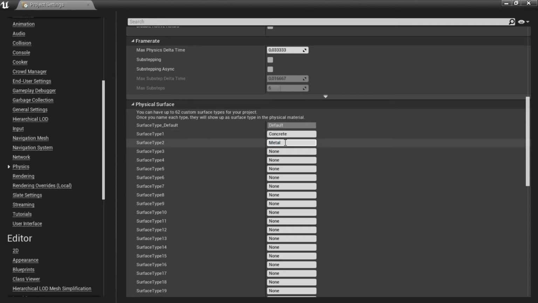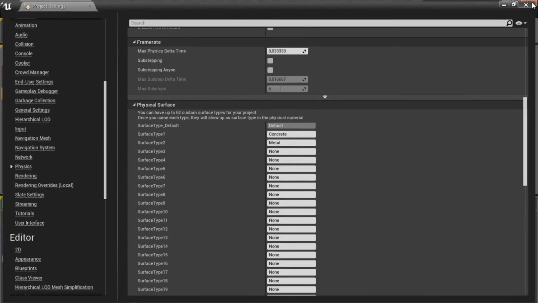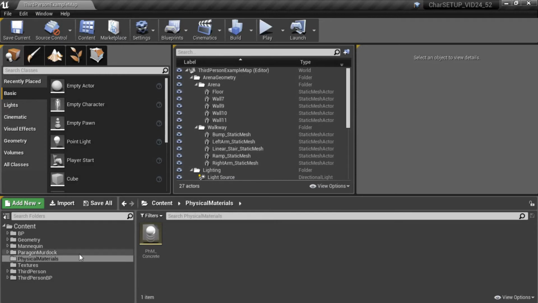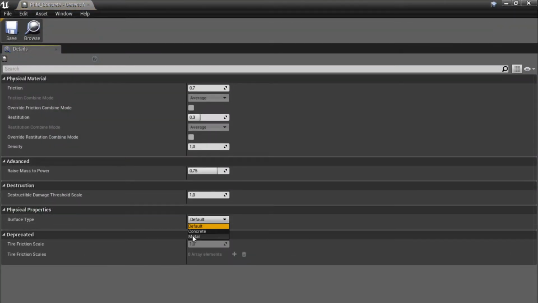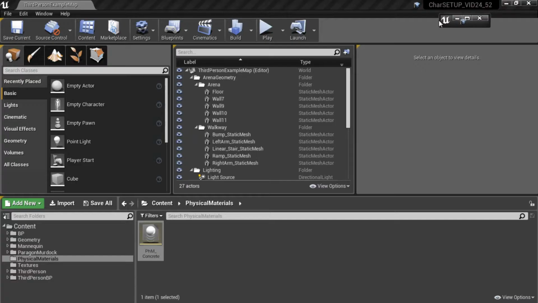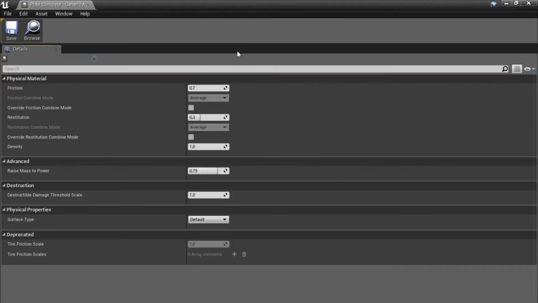Let's make sure I entered them and close this down again. Physical material, and they are here all of a sudden. So if they are not popping up in your list, just open up your project settings again and make sure that everything is there. So now from the surface type you can select the concrete one we added